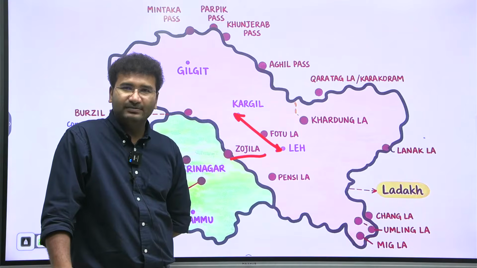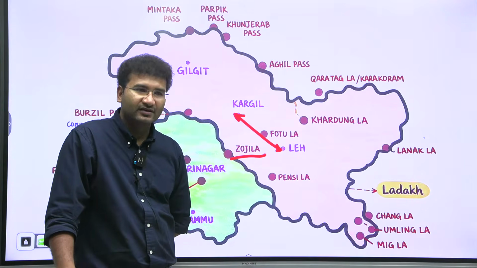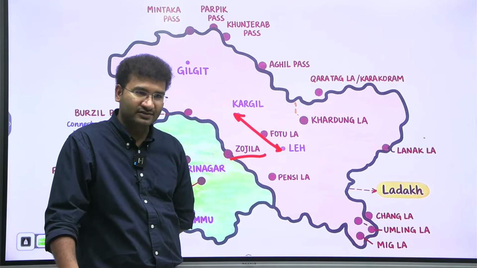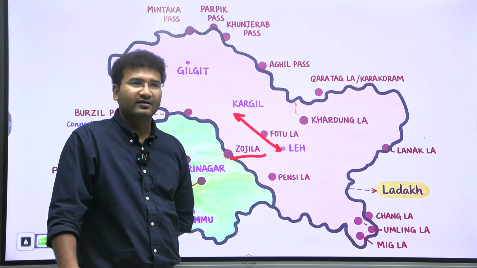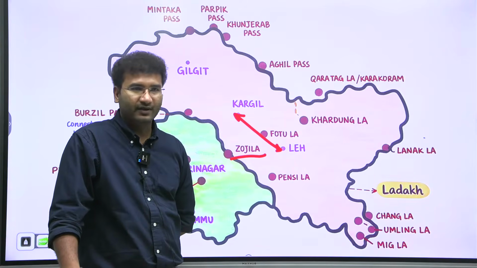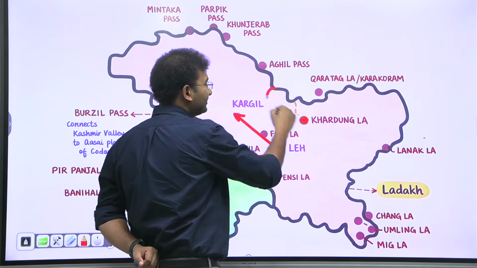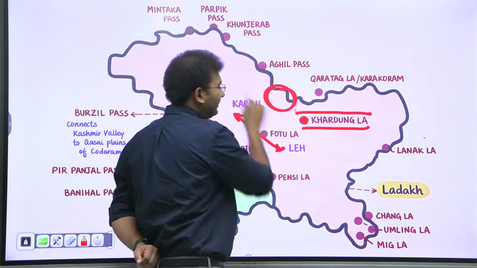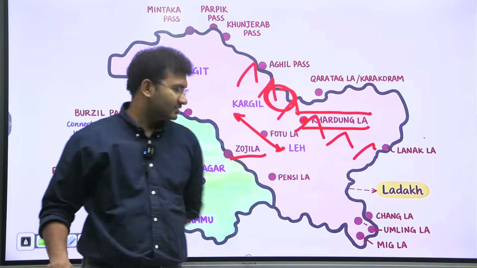But what exactly is a pass? A pass is nothing but a road that connects two mountain ranges, or a road that cuts the mountain ranges so that we can cross those mountains. Majority of the times in the mountains, it is a river, and next to the river, you keep on building, right? So this is Kardungla. If you want to go to Siachen from Leh, this is Kardungla, and it is present on the Karakoram ranges.